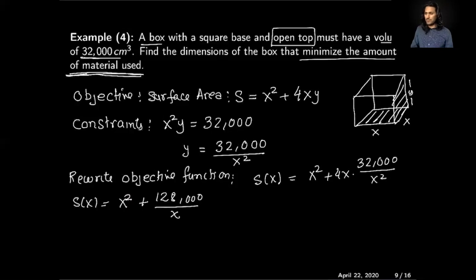Now also try to find what is the domain of this function. As we can see, x can be x and y. First of all, x cannot be negative, because you cannot take a negative length, but all you need is this constraint x squared y is equal to 32,000. If y is a really small number and you divide, x is a very large number. So your domain can go from 0 to infinity for this function,